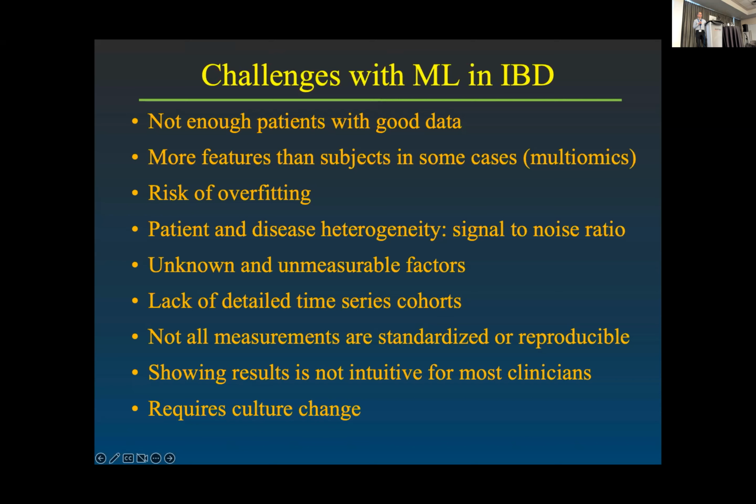It's so true for the work that we're doing, right? We look at what's in the spotlight, but there are lots of things that we just don't know to look for. Details and time series cohorts are lacking as well. Ideally, we would have a time course longitudinal study where we're collecting things over time and looking at change, that would be great. Some of our data and samples do allow for that, but most of it is more cross-sectional.